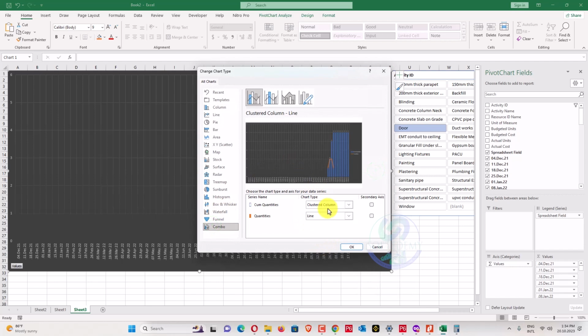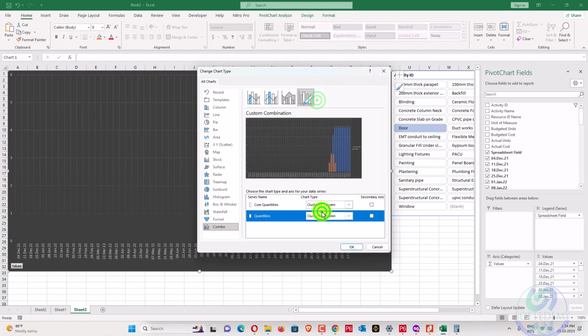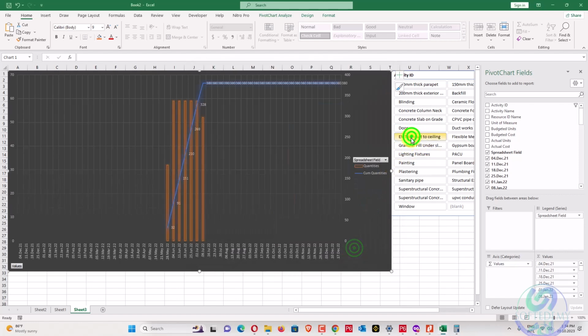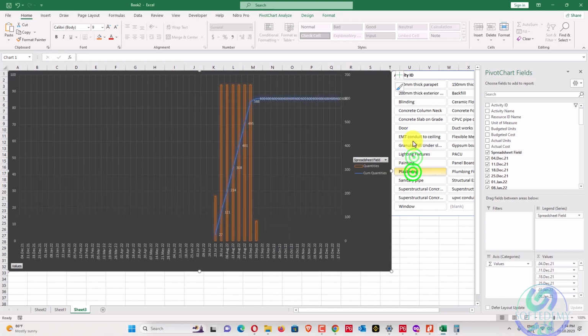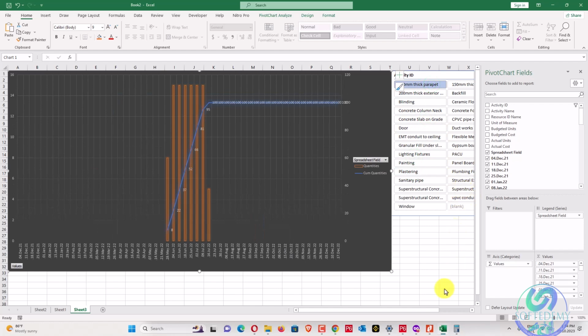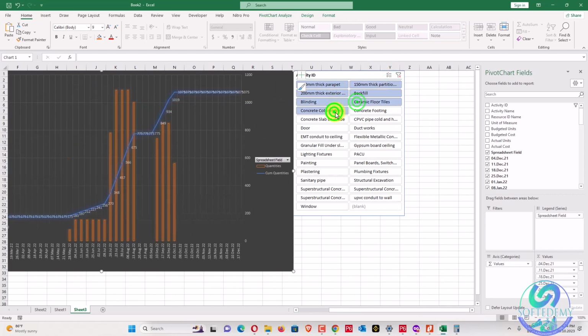Still it has changed the chart type. Clustered quantities are in clustered, it is in line, so it's like that one. Now you can see here, when you add here and when you select all, you can see here combinedly all the commodities.